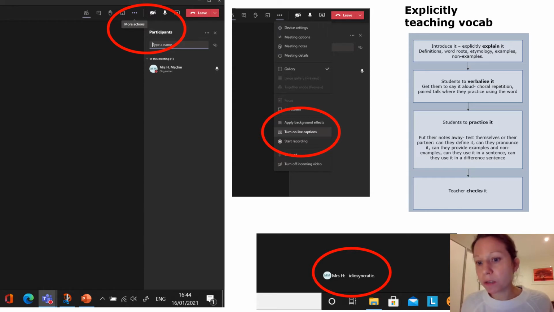We need to, of course, give them opportunity to practice it and to apply it. And you've got to check it. And I know I've touched on some of these ways that we can check understanding and provide feedback using Teams and live lessons in the last CPD, but you could use the chat function. Literally, you're in a live Team, you could go to the chat function, type in a question linked to this new piece of vocab, so very short factual questions, could be multiple choice even,